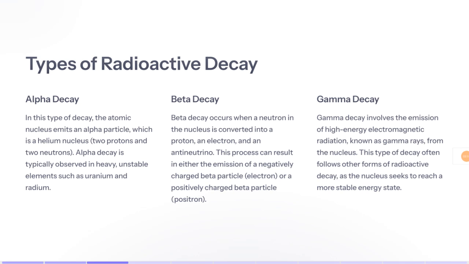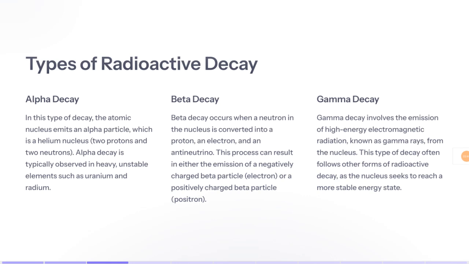Beta decay occurs when a neutron in the nucleus is converted into a proton, an electron, and an antineutrino. This process can result in either the emission of a negatively charged beta particle, an electron, or a positively charged beta particle,